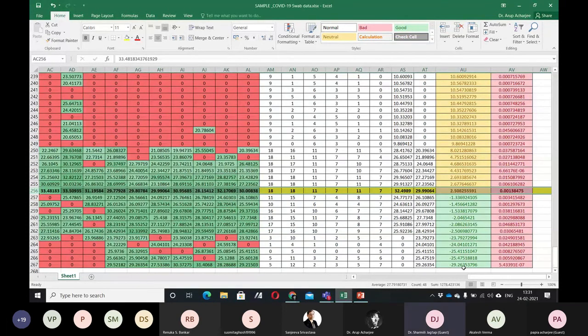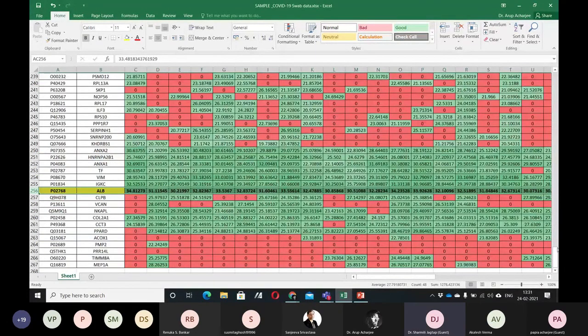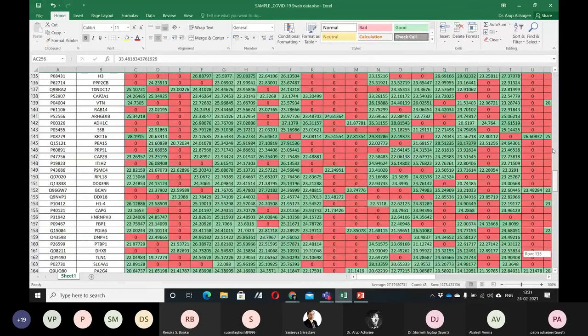And now we want to understand what biological sense the upregulated genes make, because if I look at this Excel sheet, I really